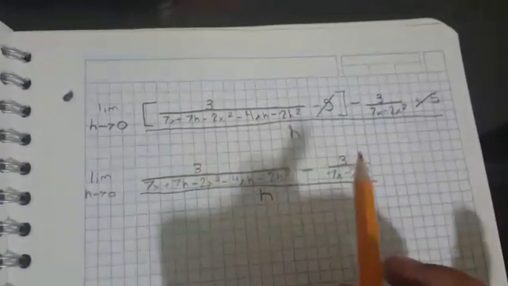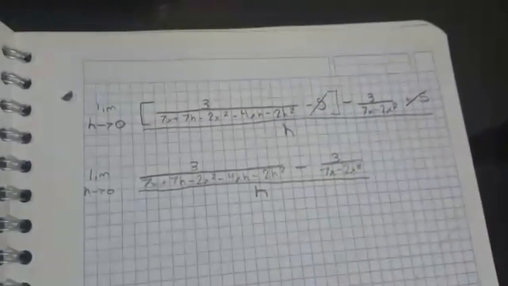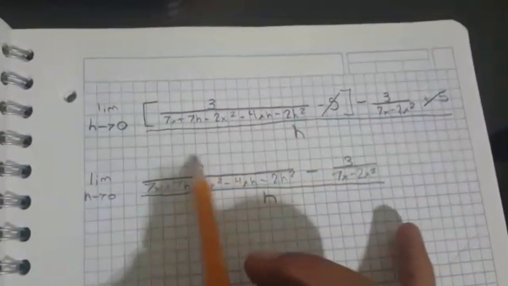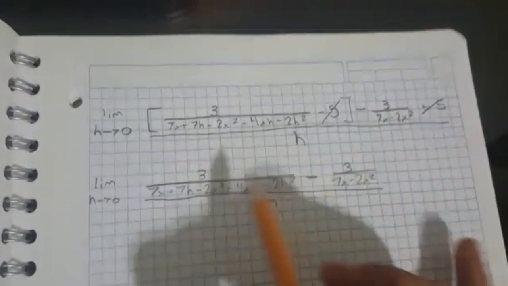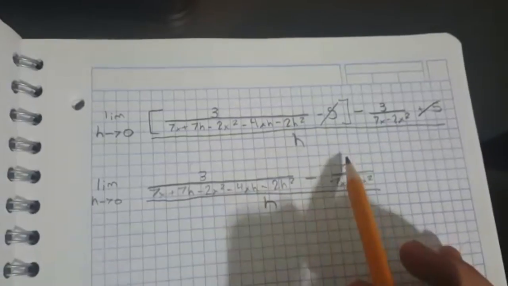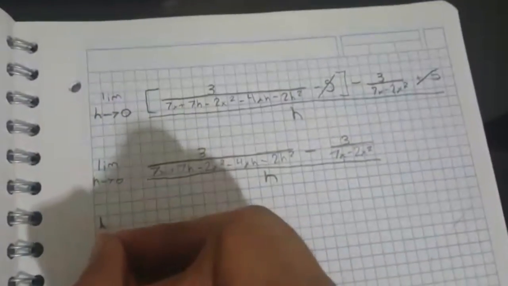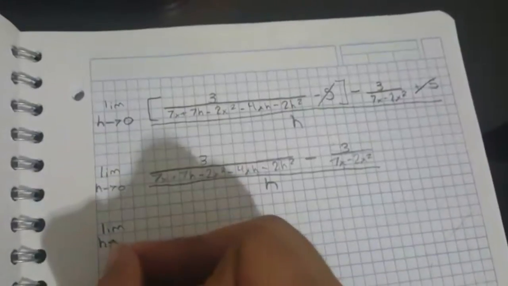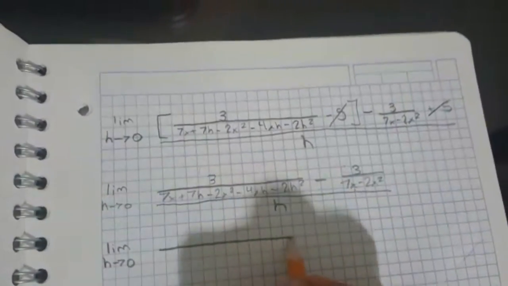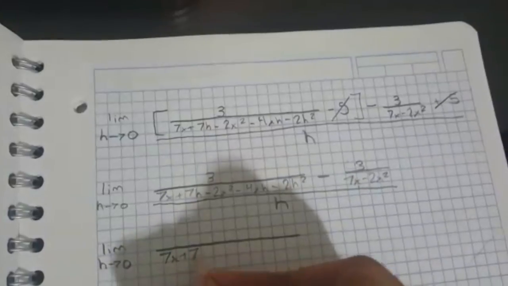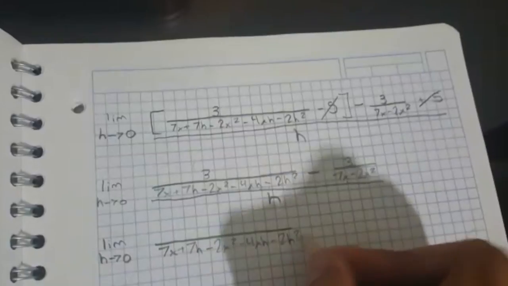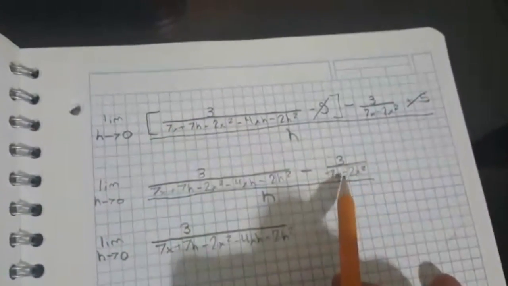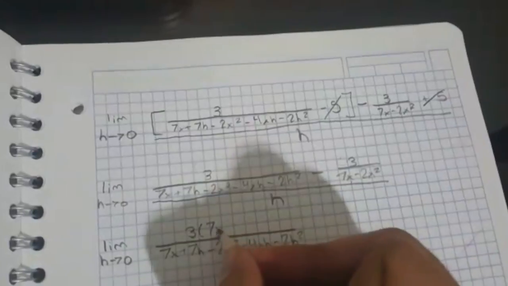To subtract these things, we see that the denominators are different, so we need to do common denominators, by multiplying the numerator times the denominator of the other expression, and this denominator times the numerator. So we go ahead. I will copy the problem first: x squared minus 4xh minus 2h squared, 3 times that denominator, 7x minus 2x squared,